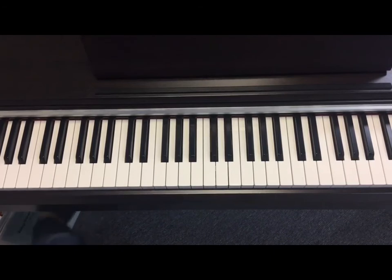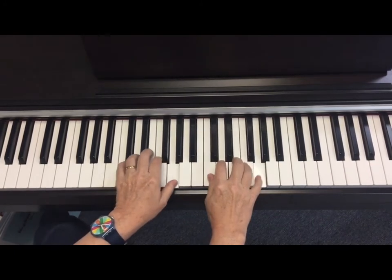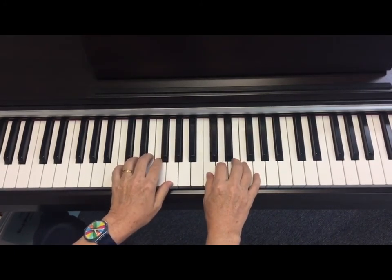I'm zooming in just on our keyboard here so that we can go over our technical exercises. If you feel like you need to read them off the page, then you can open up your binder to the technique guide. We're going to go over first our 5-finger patterns. We need to know our 5-finger patterns in all the white keys and all the black keys, major and minor. You may be asked to play them parallel or contrary,